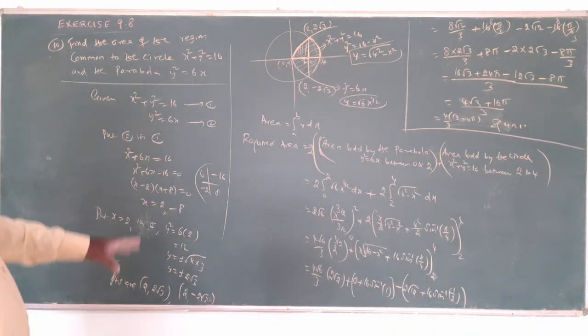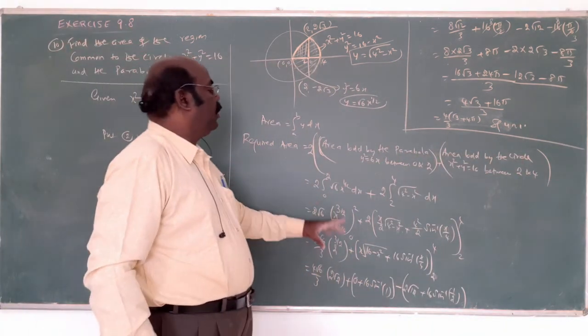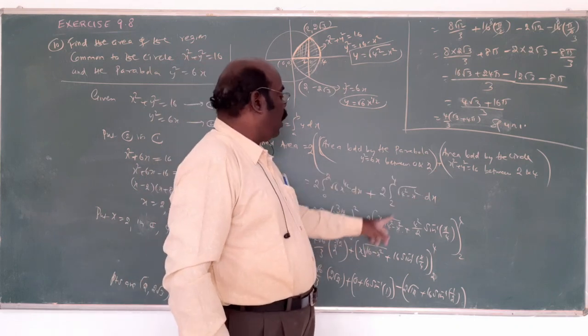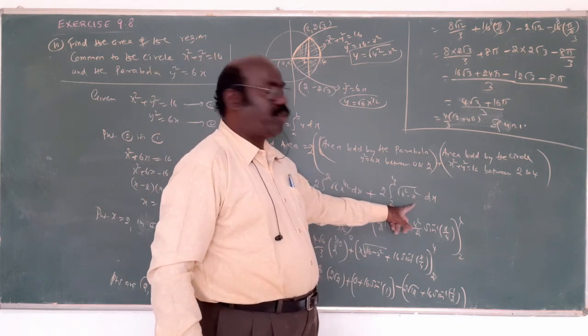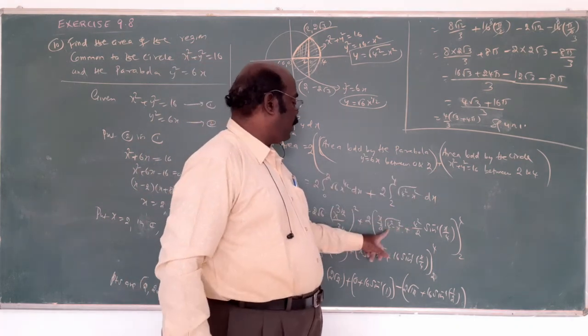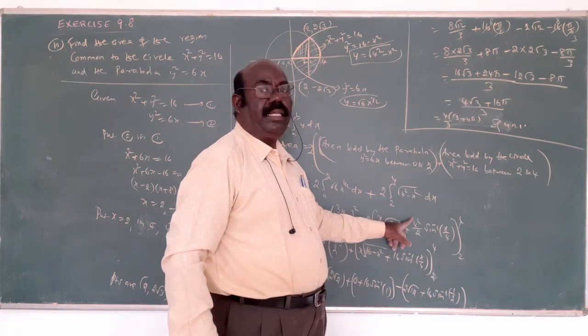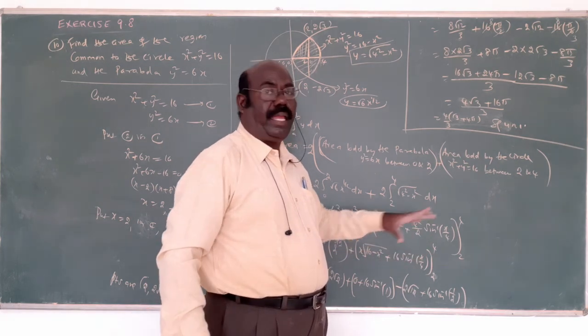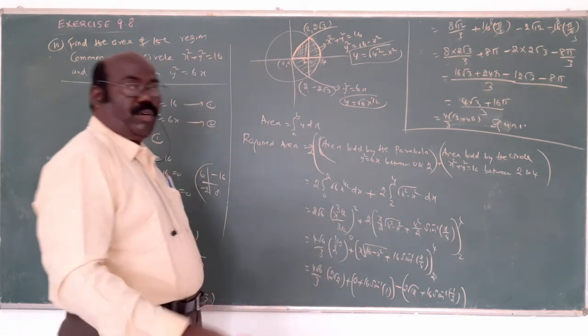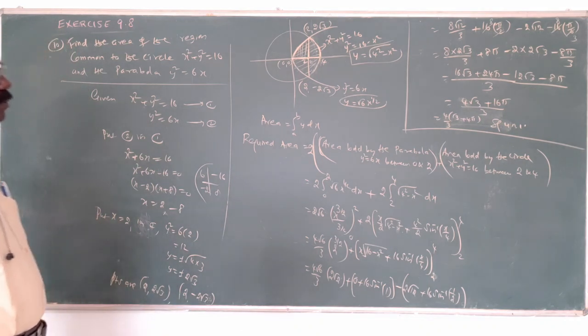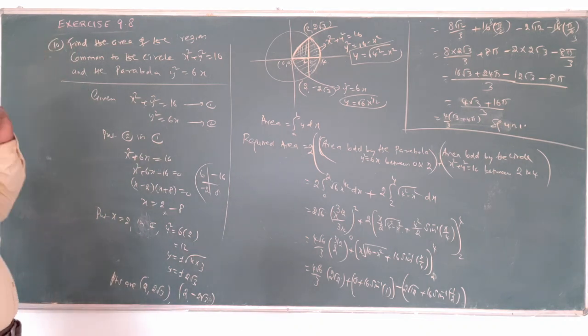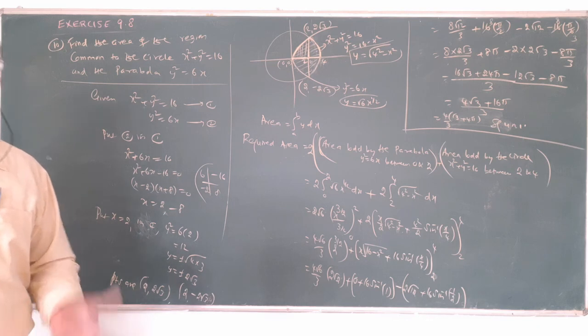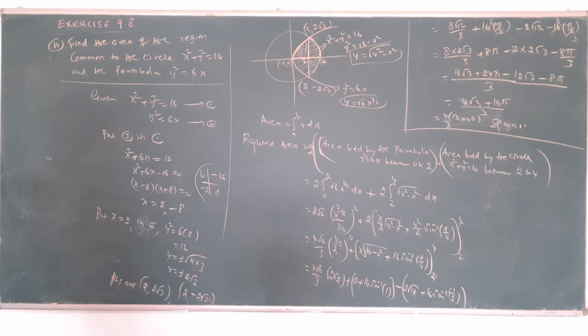Somebody let the calculation go, but you must know the formula clearly. This formula is what? Root of a squared minus x squared integrates to x by 2 into root of a squared minus x squared, plus a squared by 2 into sin inverse of x by a. This is the formula. And I gave the formula in the first place. This is the 5%. All the x squared are over. And the remaining examples are also important, 5% mind you. From this exercise and the examples you may expect 5 questions.